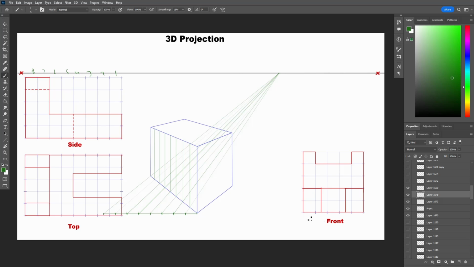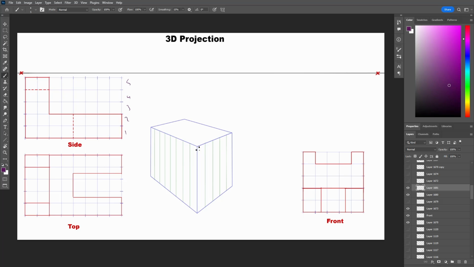Now we have 8 equal parts drawn on the box. In the front side we have 5 units, so let's copy 5 units to the right and project it back to the horizontal line and mark the 5 units on the front of the box. Finally, we have 5 units in height, so to do that, we simply divide the vertical line of the box into 5 equal parts and connect them to the vanishing points on both sides.